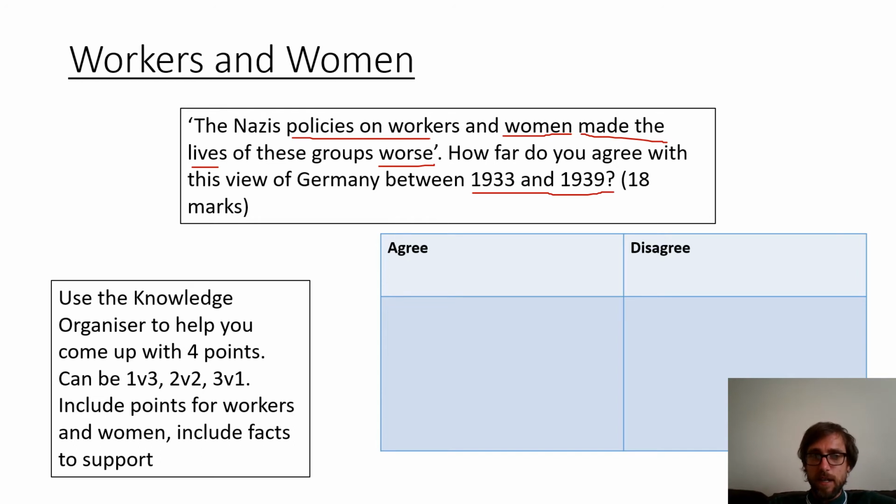However, there were some women that maybe wanted that, that was what they wanted. They wanted their role to be stay-at-home wives, and maybe they didn't have quite the money or the possibilities to do that, but because the Nazis provided loans, which encouraged them to quit their jobs, get married, they'd then be able to have this loan, and then for every child that they had, a quarter of that loan was wiped out. That to some women would have been a good thing, or they would have seen it as a good thing. So you can see how, for women, you can find evidence that agrees and disagrees. Okay, so there's some examples. Try and think of your own if you can.